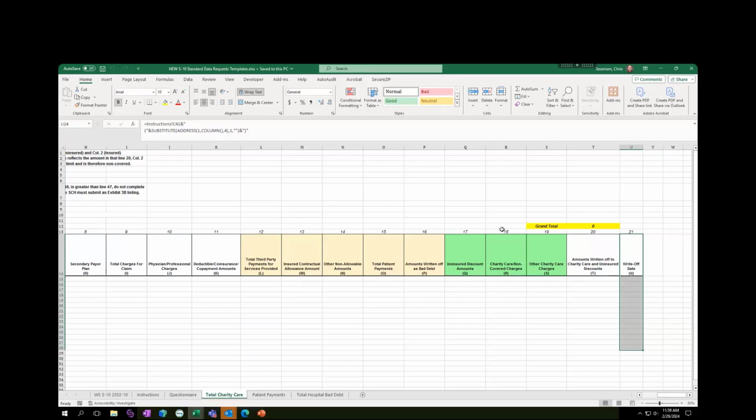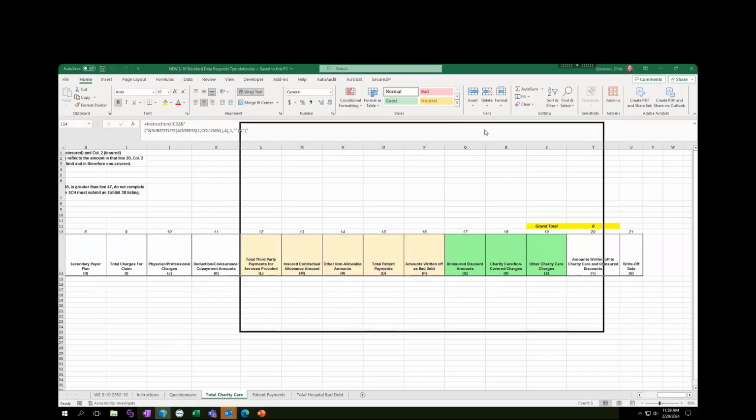Now, the final illogicality that I think CMS just needs to change in these instructions: notice they have the deductible or co-insurance co-payment amount. For an insured patient, and let's say it's fully insured, this is the only thing that should ever lead to charity care to begin with, because you're not going to have a charge that you back out all these things from to arrive at some other charity care. All the charity care would have to come from deductible or co-insurance or co-payment amounts. But if you look at the instruction,